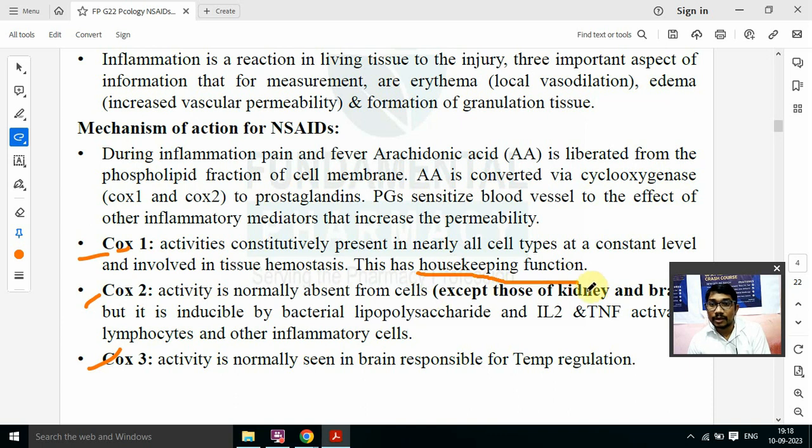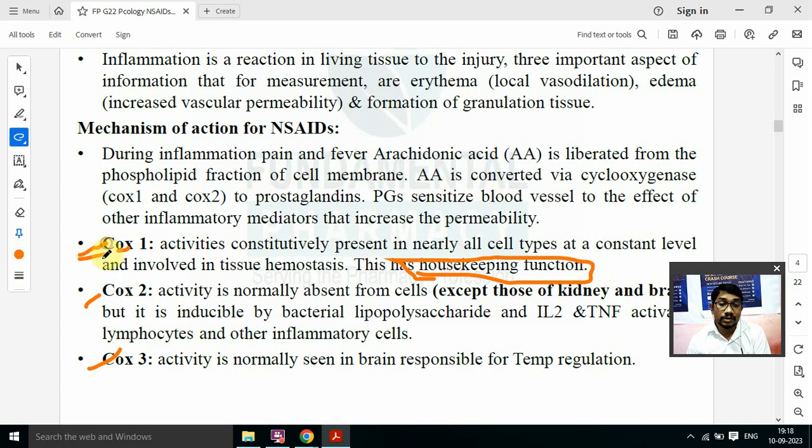Housekeeping मतलब क्या? ये आपके घर को अच्छे से रख देगा. घर मतलब क्या? आपकी बॉडी. ये बॉडी को अच्छा रखता है. क्यों? जैसे आपको कोई डैमेज होता है, जैसे मैंने बोला कि आप गाड़ी में से फिसल गए, आपको हो गई इंजरी, तो आप क्या बोलते हो? थोड़ा सा ही लगा है, मुझे कुछ नहीं हुआ, ये 2-4 दिन में नीट हो जाएगा, आपको क्लियर हो जाएगा. क्यों होता है क्लियर? बिकॉज ऑफ दिस COX1.